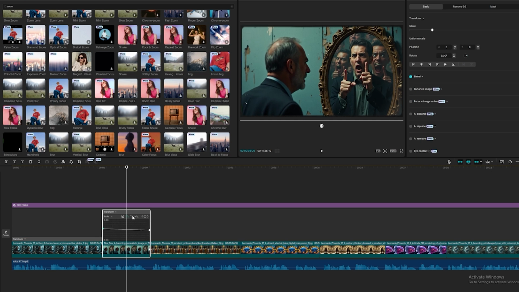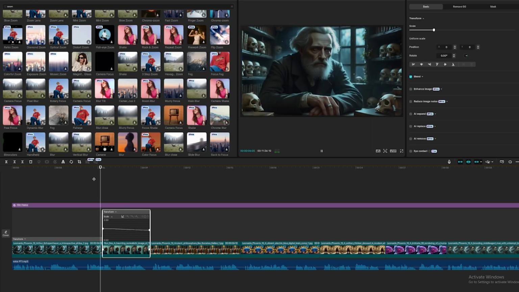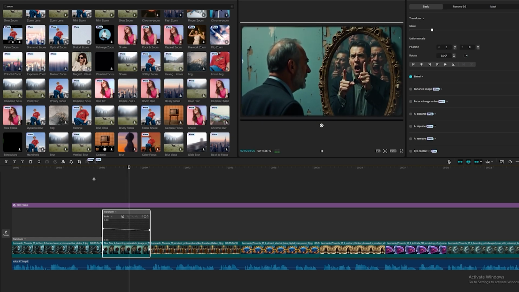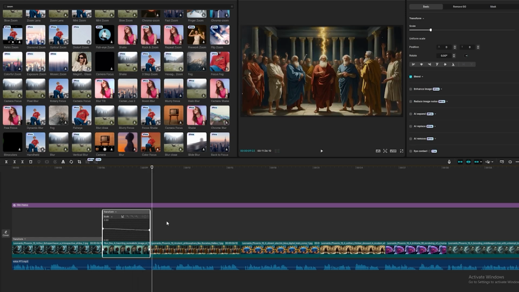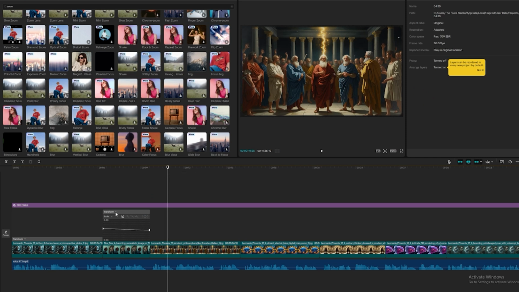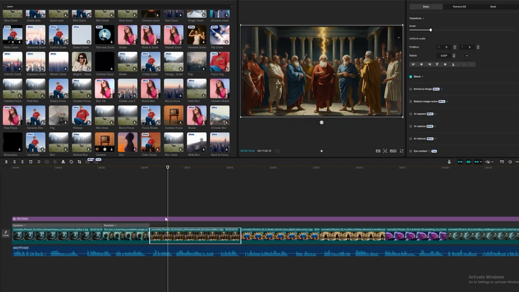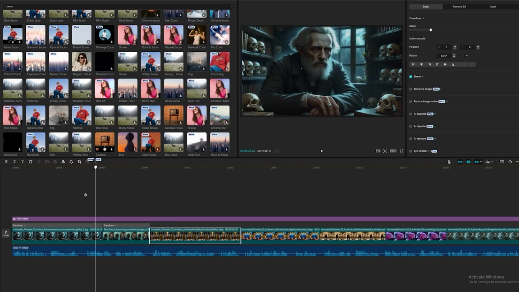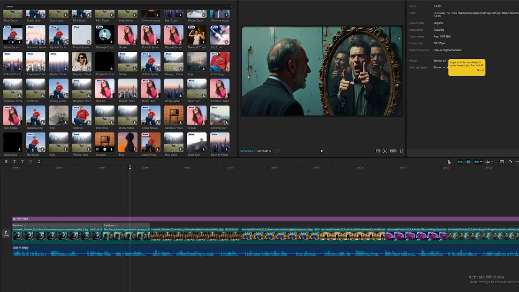Next, add a keyframe to the beginning of the image, then move closer to the end of the image and resize it to 100%. A new keyframe will automatically be added. Take the same steps and open the keyframe editor again. Here, select the clip and press Alt-K, then select the first frame and add the automatic curve and do the same with the second keyframe. Now do the same with all the images you have and you will be ready for the next step.